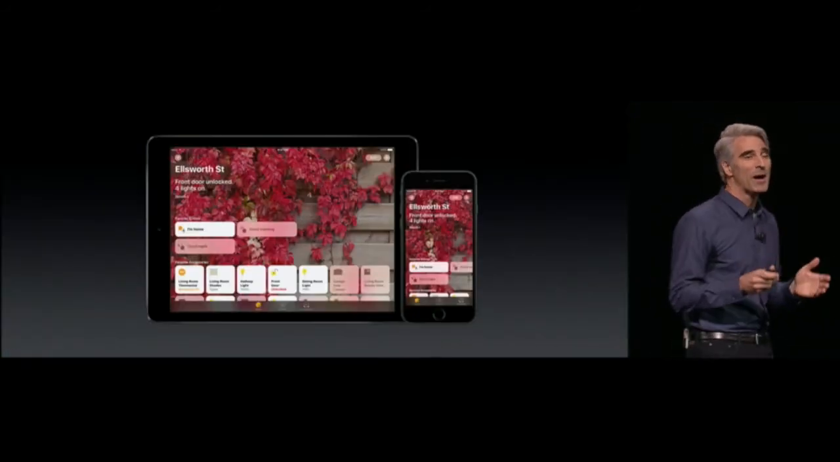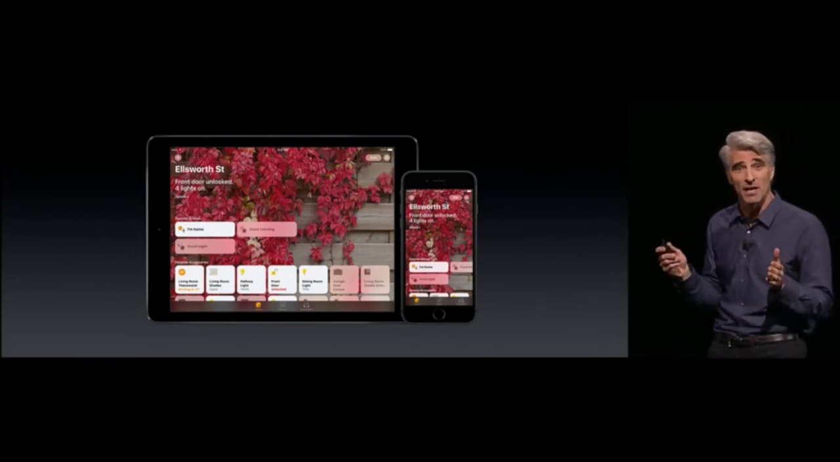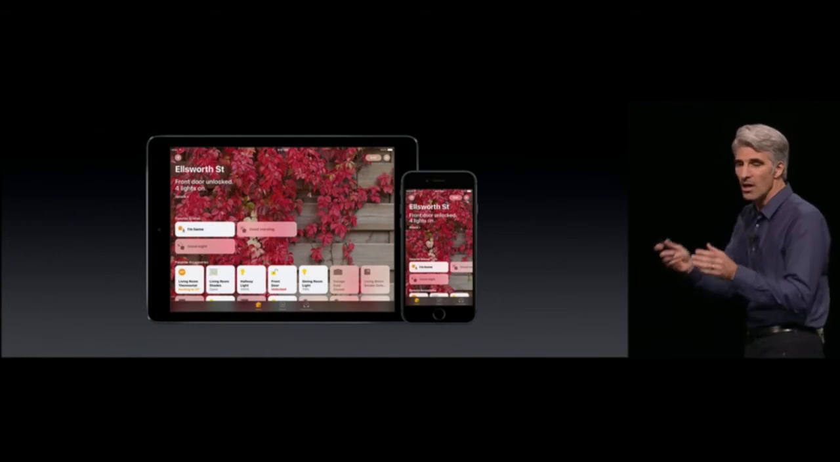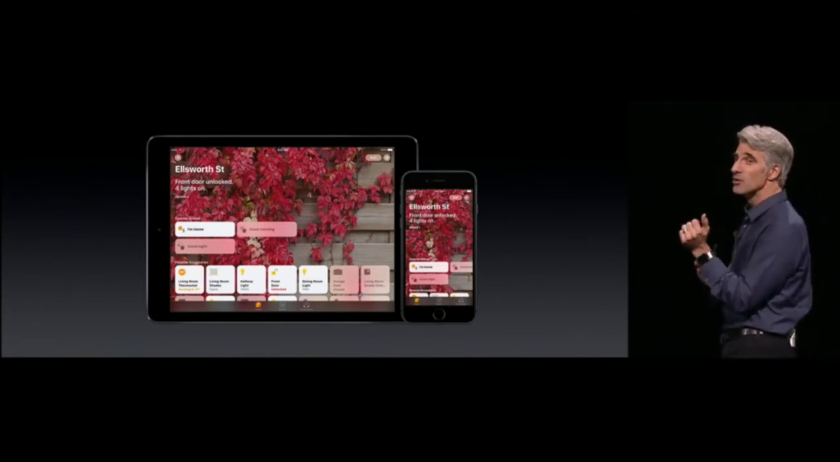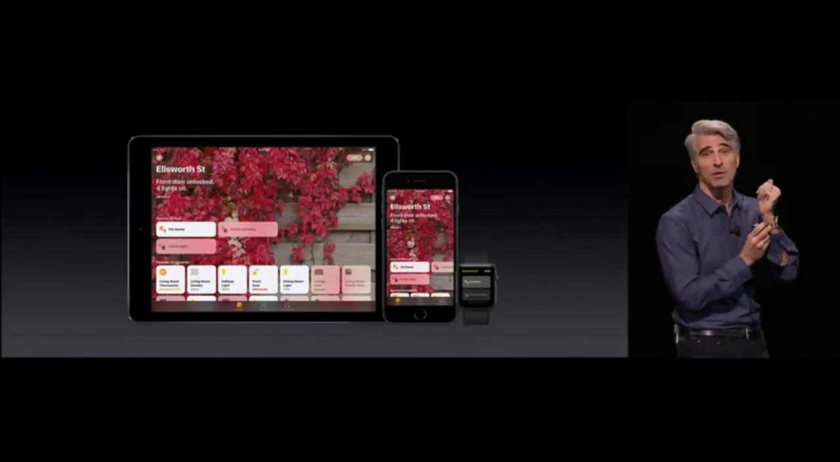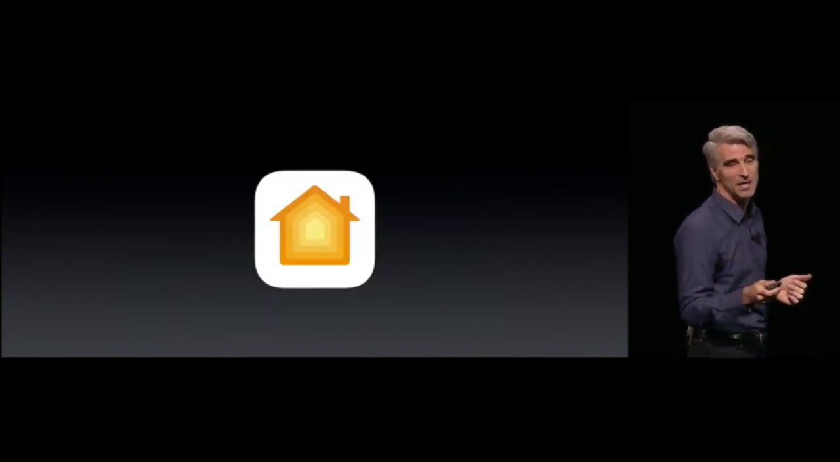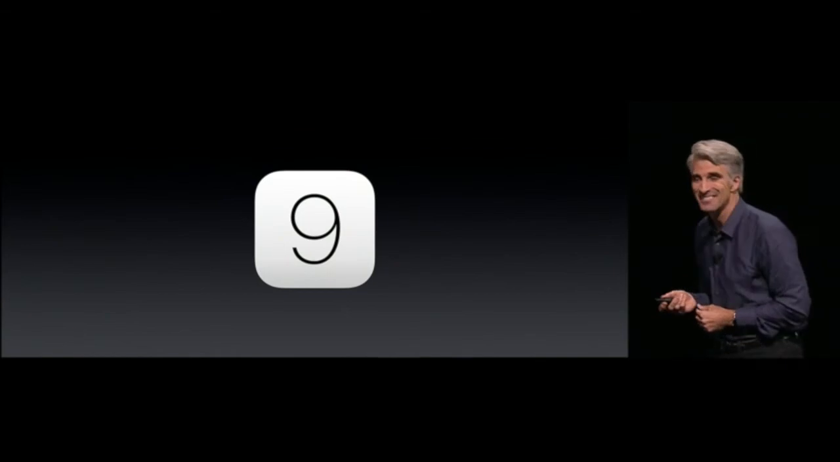Now, the Home app is great on the iPhone. It's also fantastic on the iPad as well. So many people like using the iPad as the ultimate home control device, whether mounted on the wall or on the coffee table. And, of course, there's nothing beating the remote that you always have with you right on your wrist, the Apple Watch. It comes with built-in home control support as well. So that's a quick update on Home. Next,